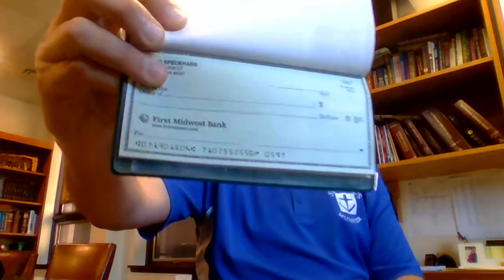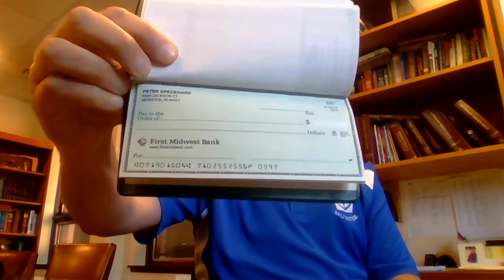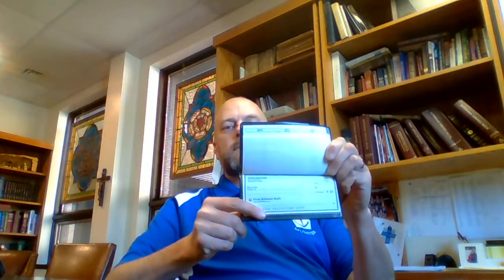So today I want to try to illustrate the same thing using my checkbook here. I've got checks. And if I were to write you a check, I could suddenly make this piece of paper, which is just a little rectangular piece of paper, worth something. I've got all kinds of little rectangular pieces of paper that are worthless sitting around here. I could take this worthless piece of paper and turn it into something worth $100,